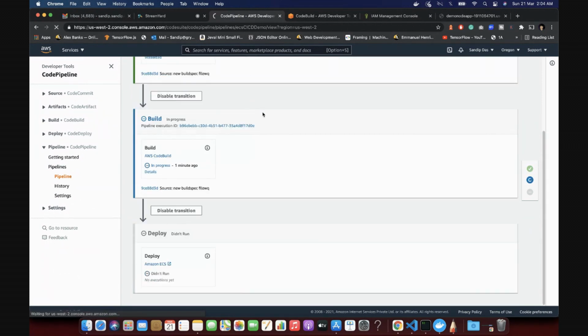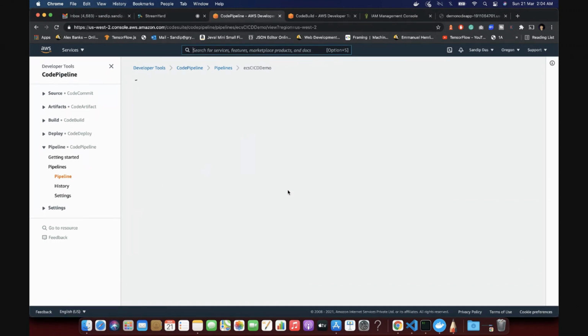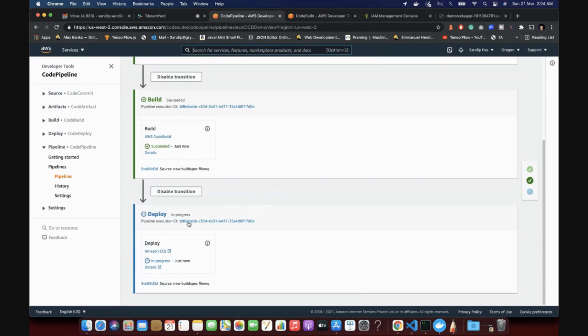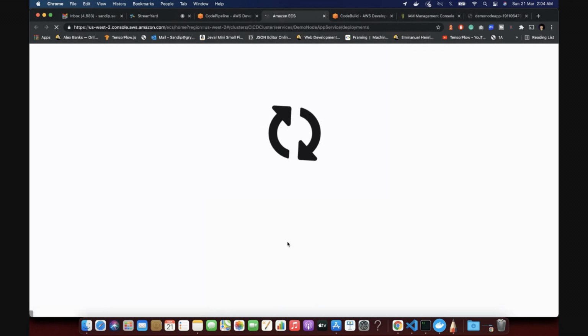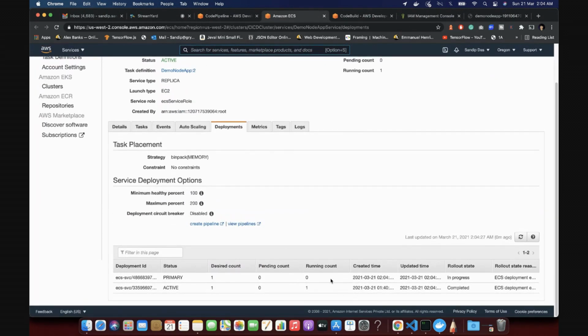Just do a simple refresh, you'll see it change. Yeah, change. Now you'll see the deploy process started. Click on details and you'll see the deployment has started.